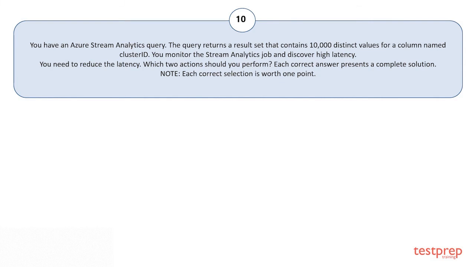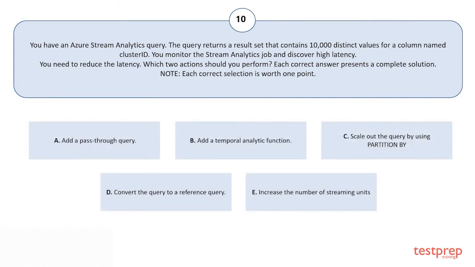Your options are: A. Add a pass-through query. B. Add a temporal analytic function. C. Scale out the query by using partition by. D. Convert the query to a reference query. E. Increase the number of streaming units. The correct answers are